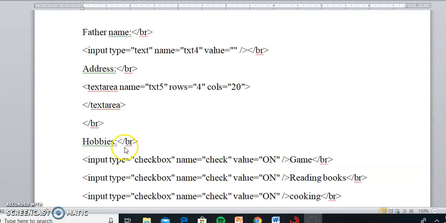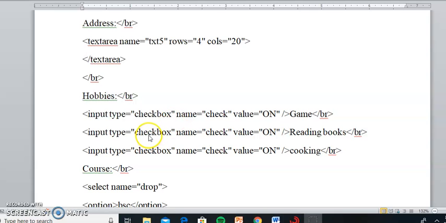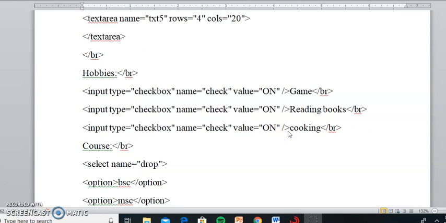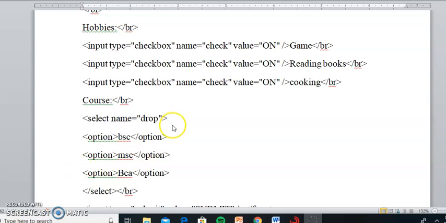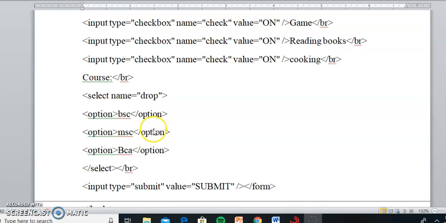And then what are the hobbies we are using? Checkbox. Input type equal to checkbox. There's no restriction that only three checkboxes must be used. You can use any number. Whatever checkboxes are selected will be displayed in display.jsp. Then the course name is given as options, and you can select any name.